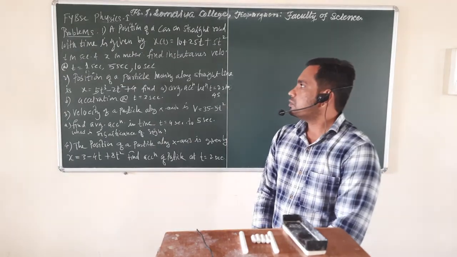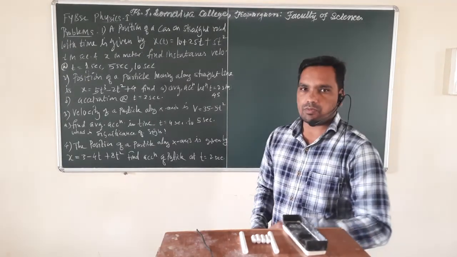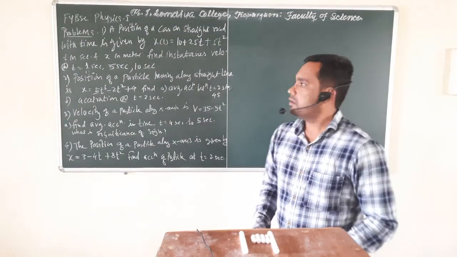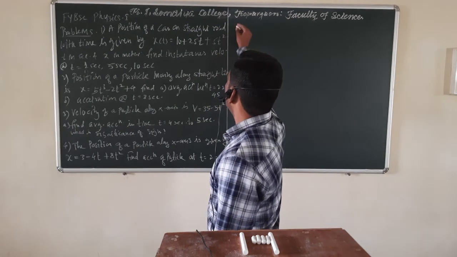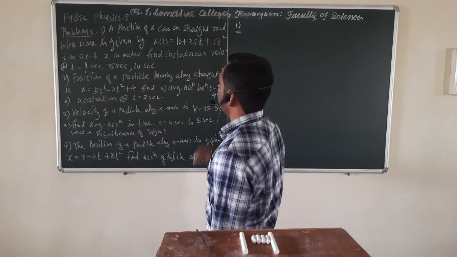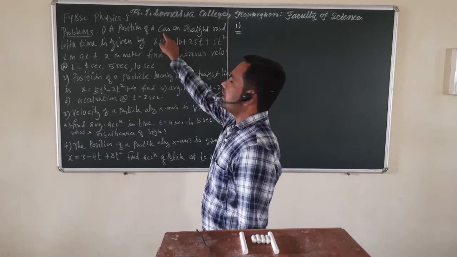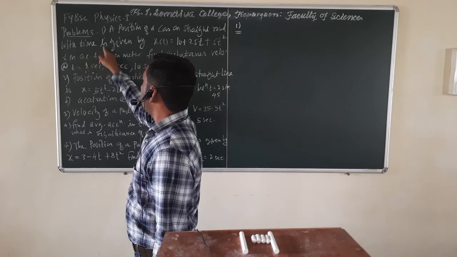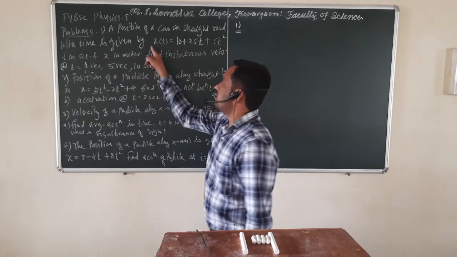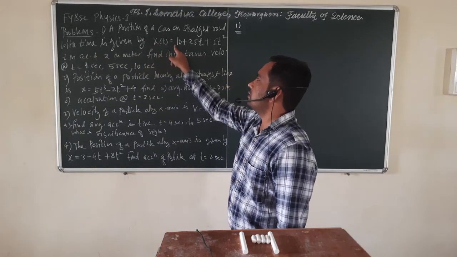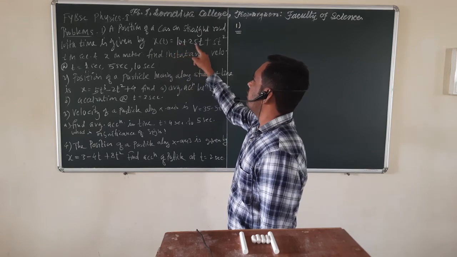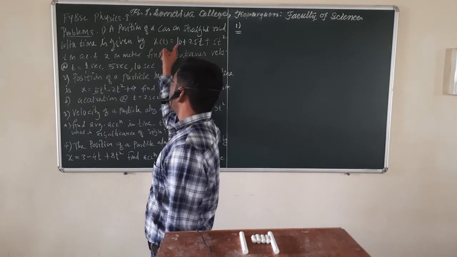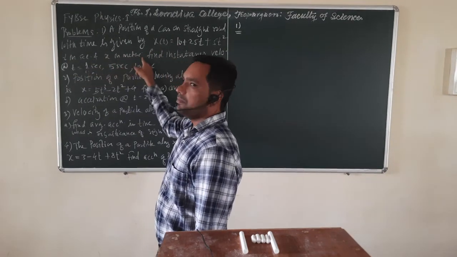Okay, so we start with the first problem, which I have already written here. The first problem is that here we are writing the solution. The position of a car on a straight road with time is given by the equation x, which is a function of time t, equal to 10 plus 25t plus 5t square, where time t in this equation is in seconds and x in meters.